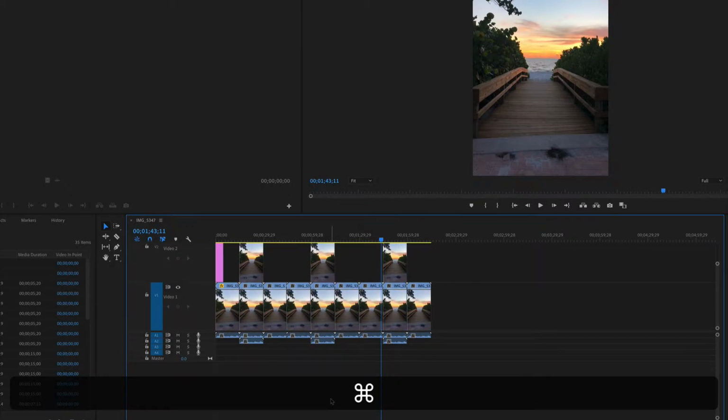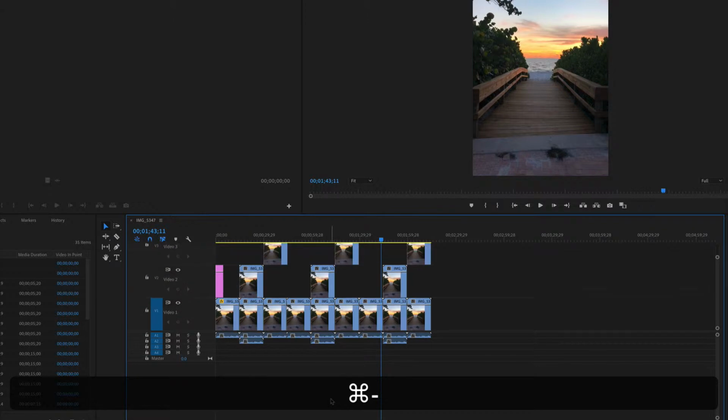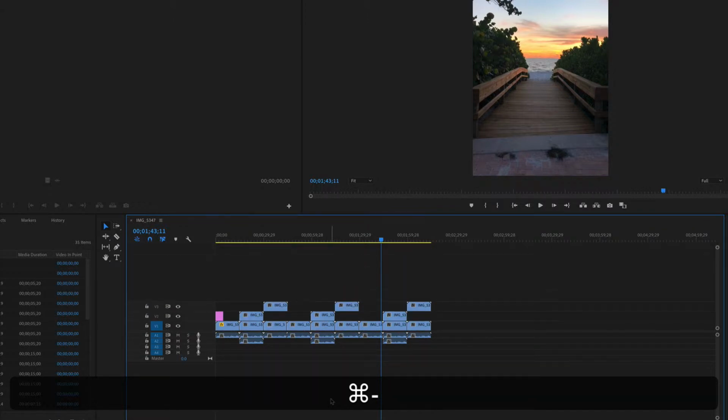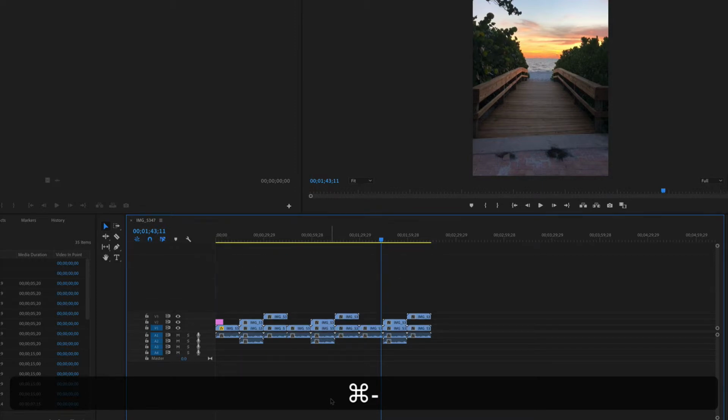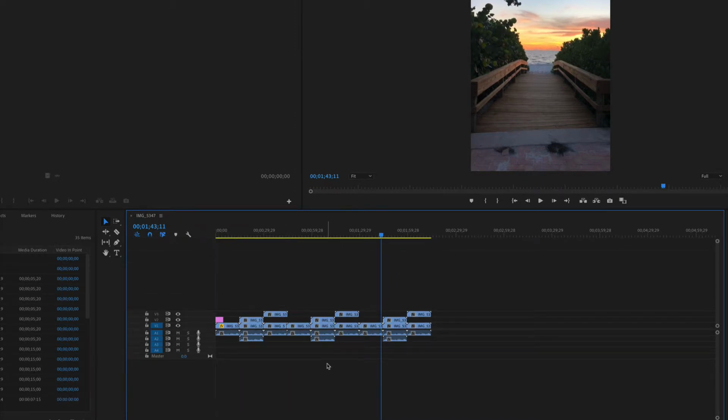If I want to go the other direction, I'm going to tap on the minus key with my hand on the Command or Control, if you're on a PC. You can see I can go up in height or down. So that's the video tracks only. Press the Command key. And to expand or minimize the audio tracks only, I'm going to press the Option key